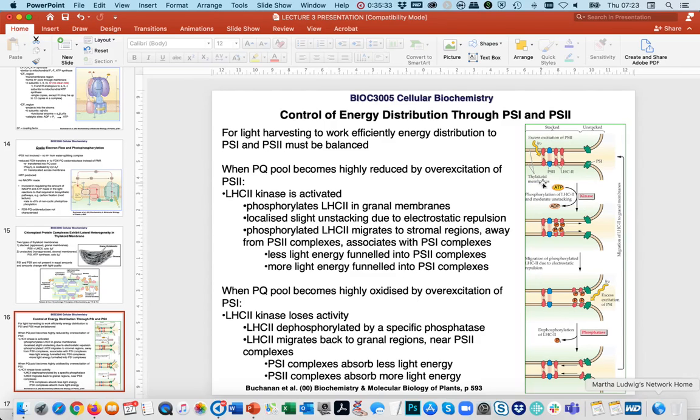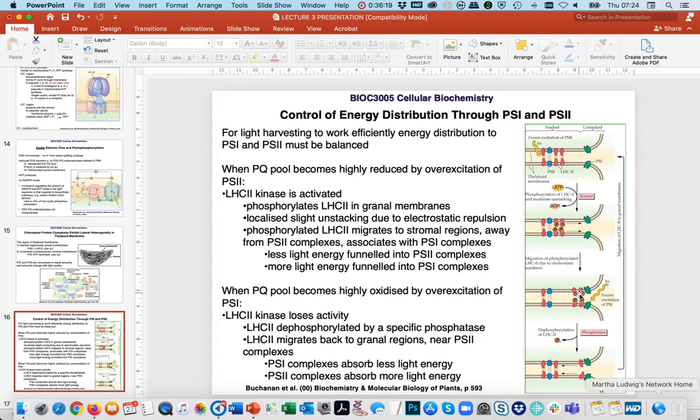That kinase uses ATP to phosphorylate the LHCIIs in the granal membranes that are associated with photosystem II. Okay, so the LHCIIs are the red structures, photosystem II the green structures in the cartoon. So the LHCIIs get phosphorylated, and that addition of the phosphate group allows for electrostatic repulsion of the thylakoid membranes. Very, very subtle changes, okay? Very, very subtle unstacking of the thylakoid membranes. And that allows those LHCIIs to move out of the stacked regions of the thylakoid membranes towards the stromal thylakoids,